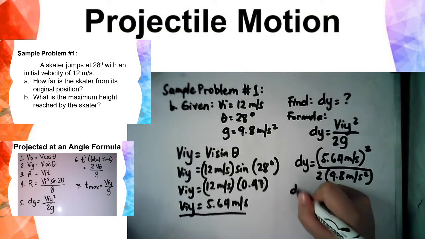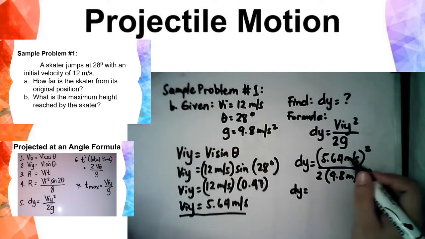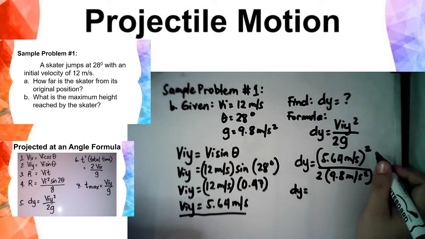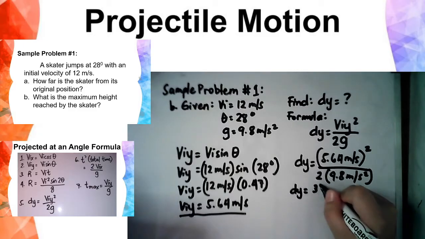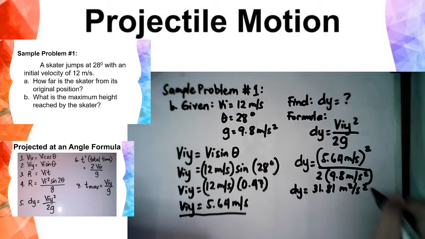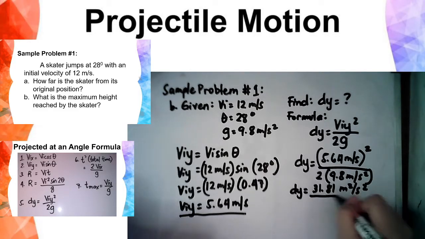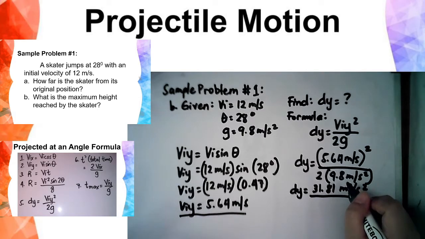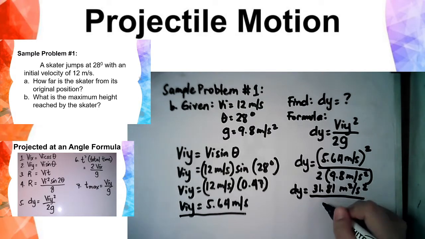Okay? So, unahin muna natin yung nasa taas. So, 5.64 squared, you will get 31.81 meter squared per second squared. Divided by 2 times 9.8, you will get 19.6